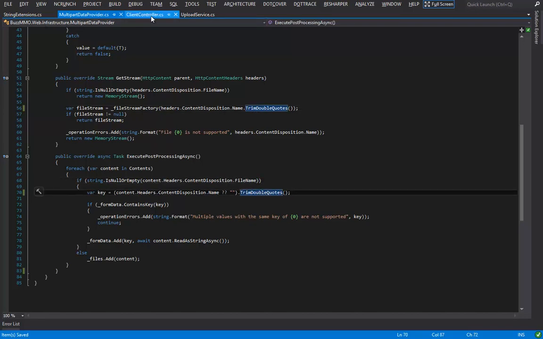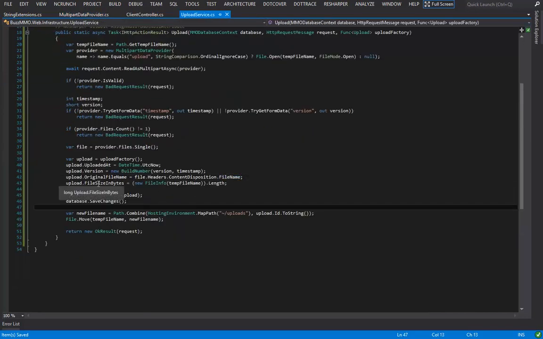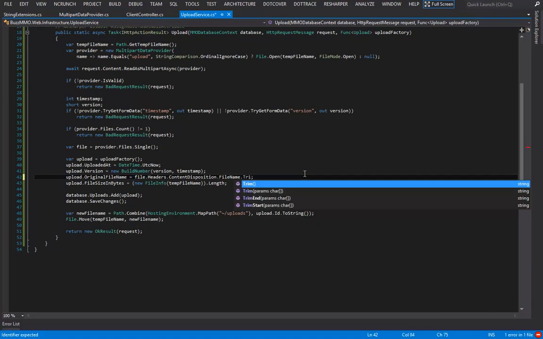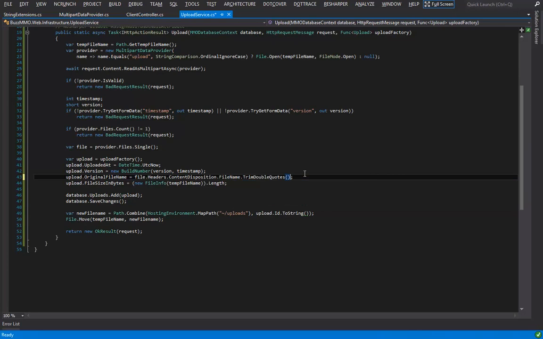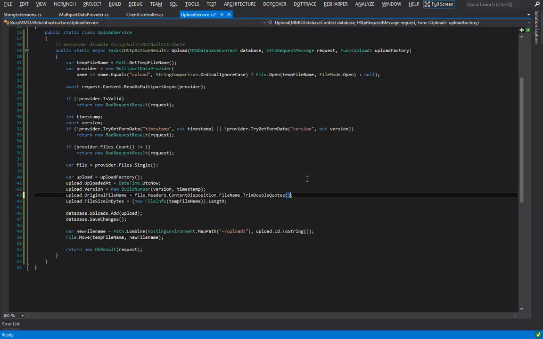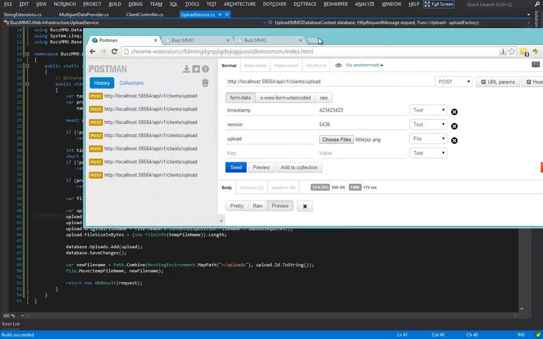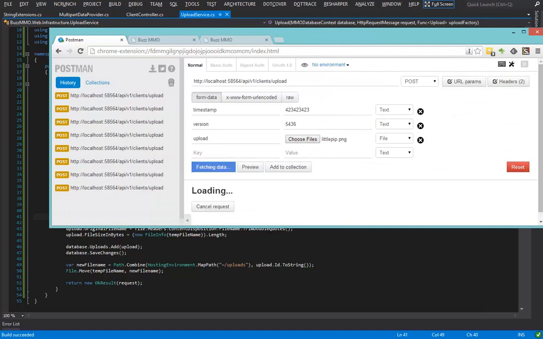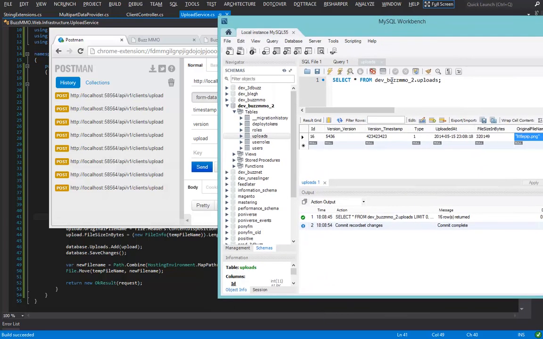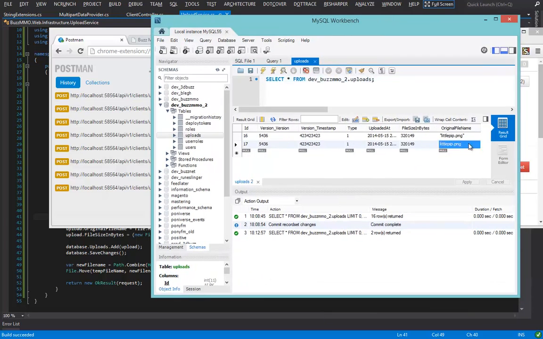We can come into our client upload service, and instead of doing original file name equals file headers content disposition file name, we can now add .TrimDoubleQuotes. And of course, by doing that, ReSharper has added a using BuzzMMO.Base.Extensions at the top of our file. Okay, let's go ahead and hit F6 to recompile. Let's come back to Postman, and let's make the same request again. We got a 200 OK back, and if we refresh our query, we now have original file name being set